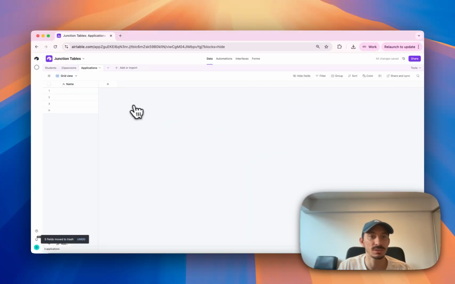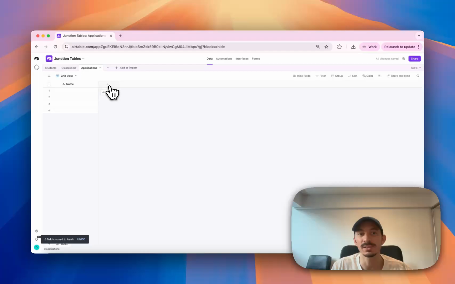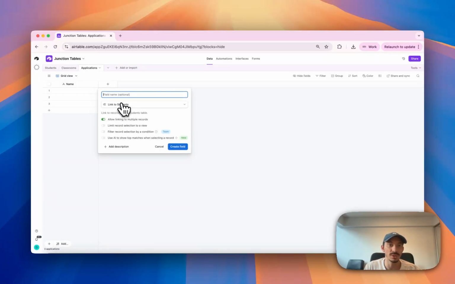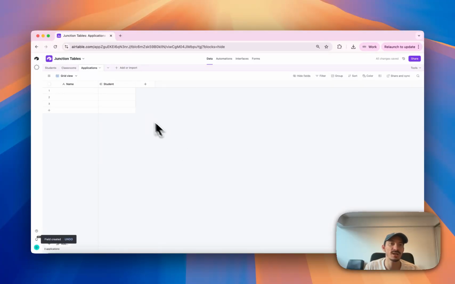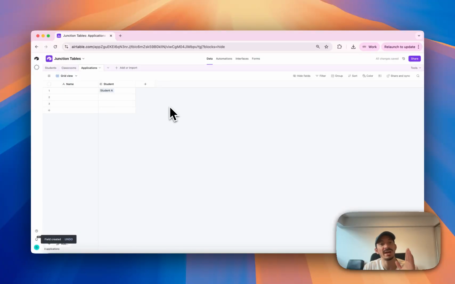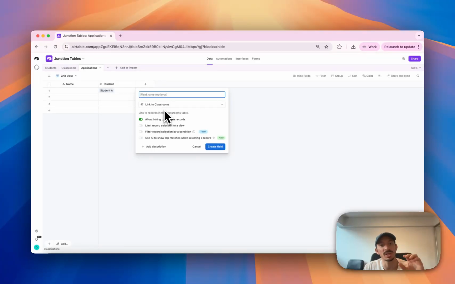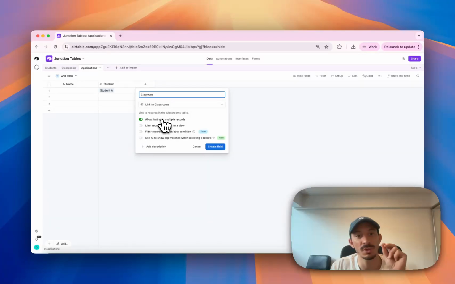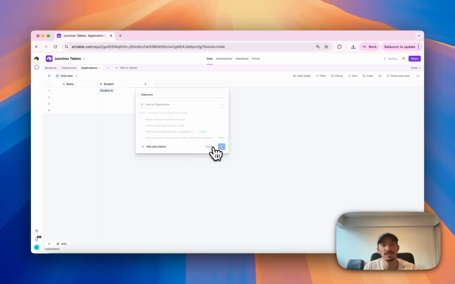And what we will say is, hey, let's create a new link record field to students, but let's not allow the multiple selection because I want to handle applications one student at a time, right? So let's say, hey, student A applied to a given classroom. So we will now create yet an additional link record field, but this time to the classrooms table, which we will call classroom. Once again, we will not allow for the multiple selection, at least for this use case,